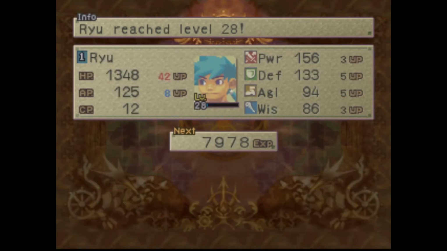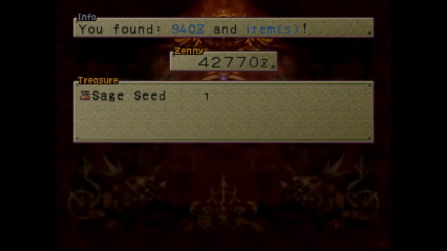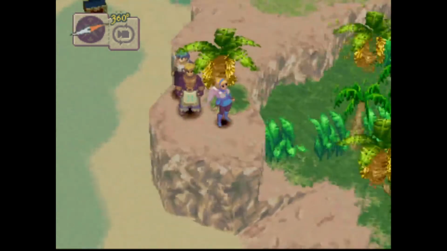Yeah, his current guy makes him not get as much HP, but he gets more AP. And honestly, I just really like getting AP. His agility is almost at 100, but he also has really, really aggressive equipment right now. Weighty equipment, I should say. Alright, got a Sage Seed. So I think that's what's dropped from...